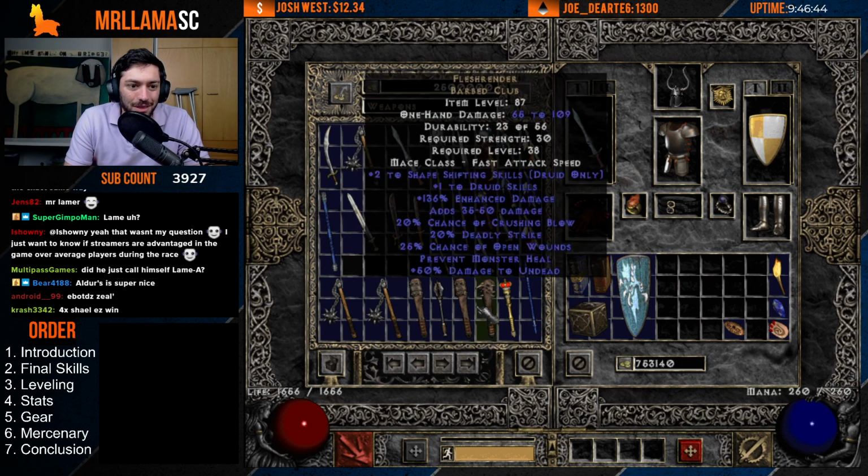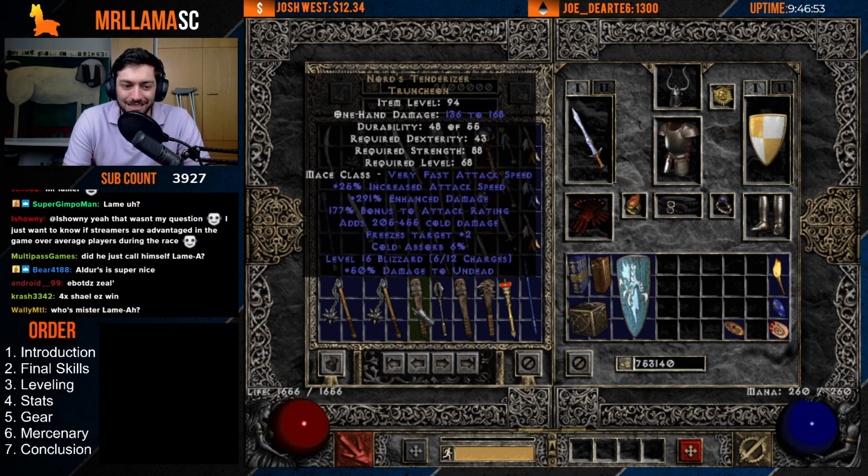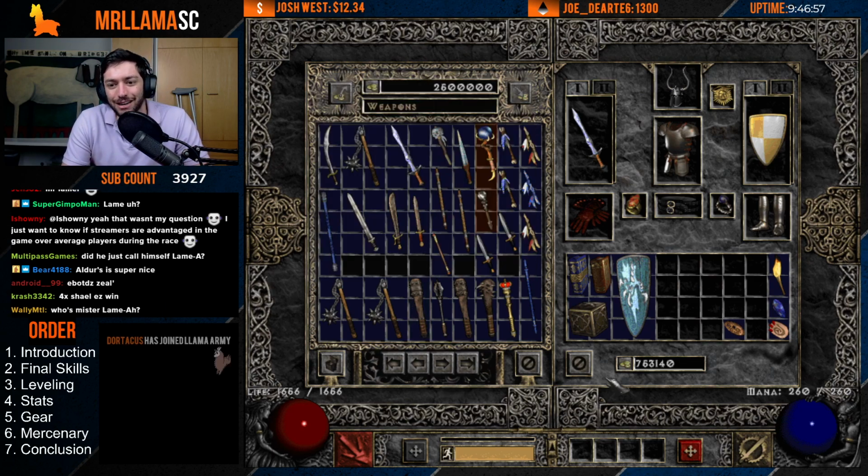Additionally, some things like a Flesh Render. That's got good damage on it. Got Crushing Blow and Deadly Strike. I love that. Nord's Tenderizer. That's got some great damage as well. Shill Frost. Zakarum's Hand. Heck, even something like